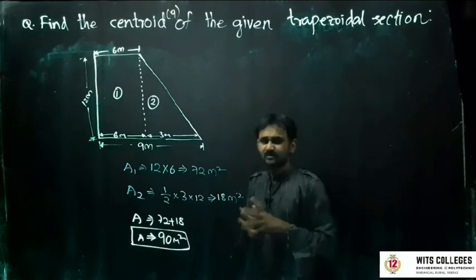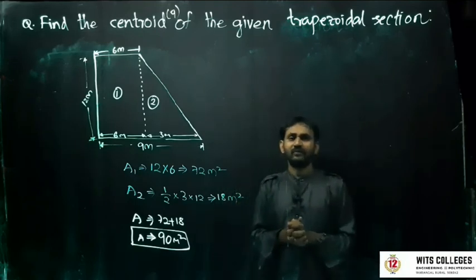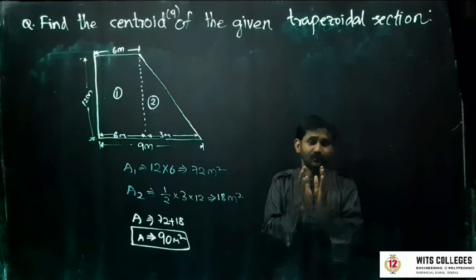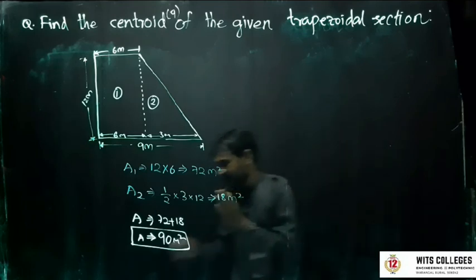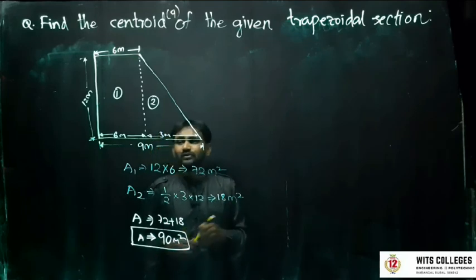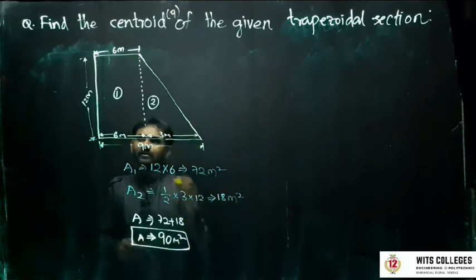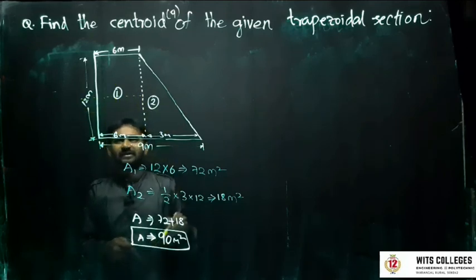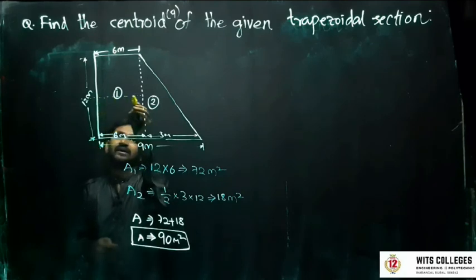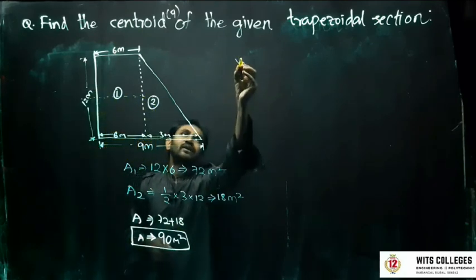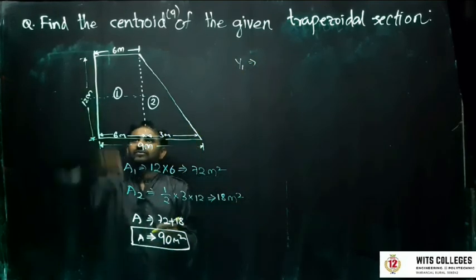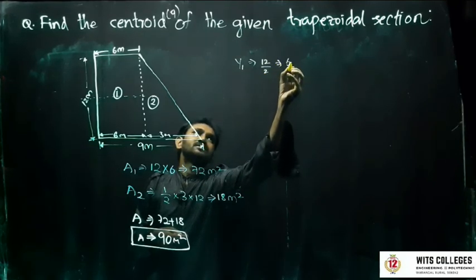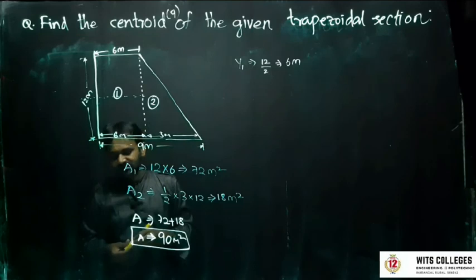In the previous classes also we have seen, when you are calculating y, you have to cut in the horizontal direction. When you are calculating x, you have to cut in the vertical direction. Horizontal means vertical, vertical means horizontal. So now I want to calculate y1, so y means depth, so I have to cut like this. If it is x, I have to cut in the y direction. Therefore y1 is equal to 12 meters by 2, this is 6 meters. I got y1.